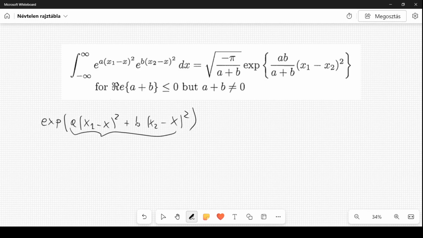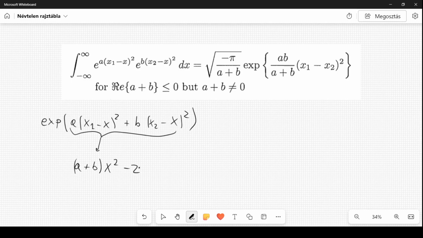At first, you simply expand the argument, and we want to collect the factors that multiply x squared, the factors that multiply x to the power 1, and the factors that multiply x to the power 0. This is just algebra, so you can rewrite it as a plus b times x squared